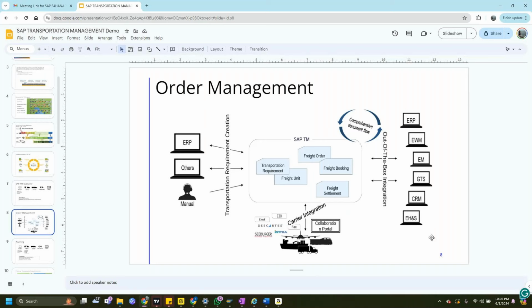So you get what I'm saying, right? It's integrated directly into our system, so that we have a seamless flow of information from our system to the carrier and back to us, and invoicing and everything can be done through this carrier collaboration portal. Carrier collaborations are multiple, like Intra, I said Intra is one, LBN is one. We have a custom portal called Cargero, which we are using now.